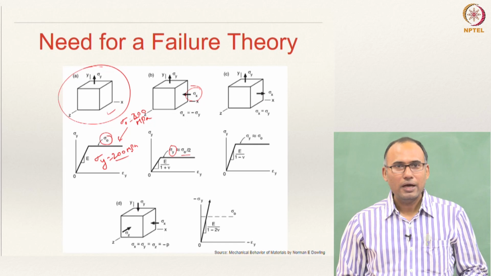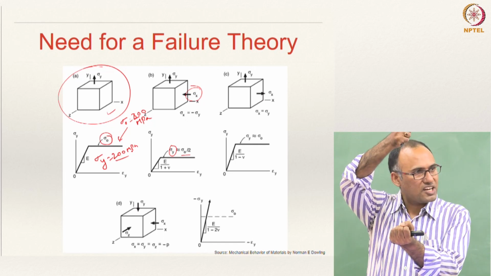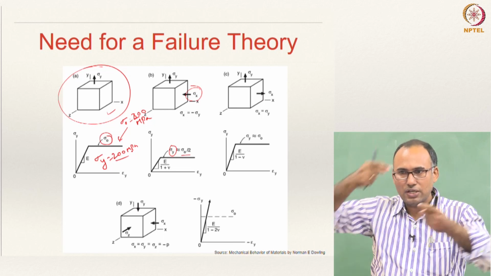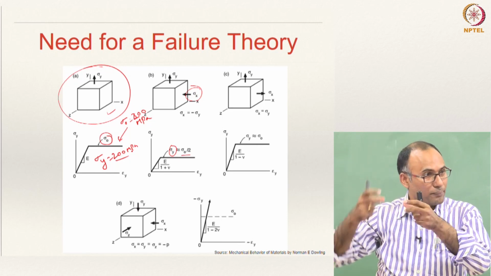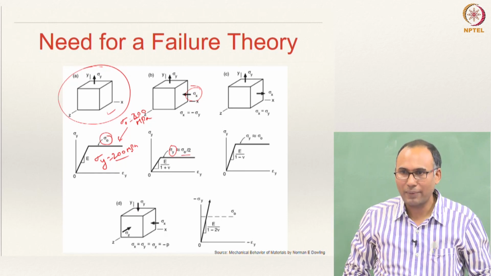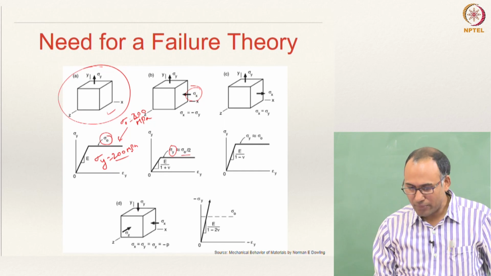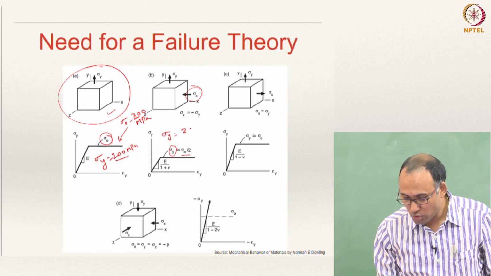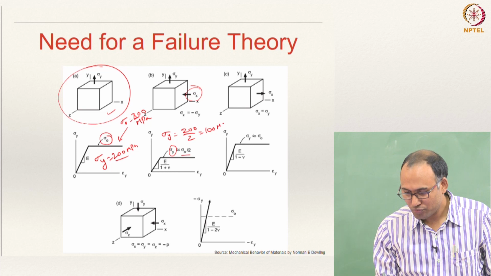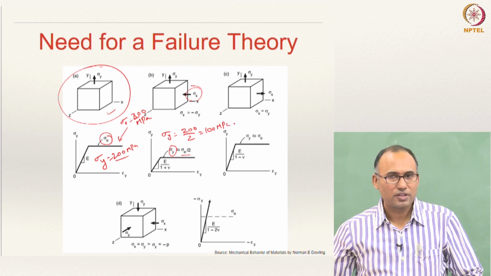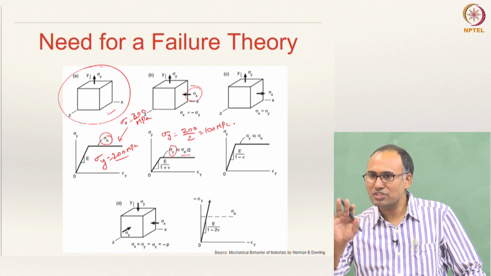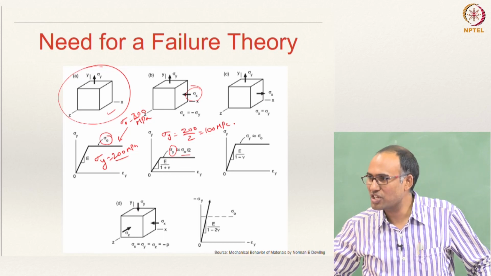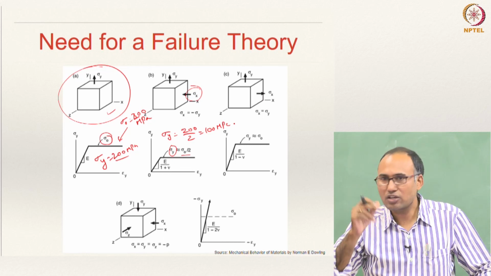Here, I am applying sigma y in this direction and sigma x in this direction, but this is tensile in nature and this is compressive in nature, but the values are the same, sigma y equal to sigma x magnitude wise. Then what I observe is that the yielding starts when sigma y equal to 200 by 2, that is 100 MPa. It is not giving you the same. So, you actually do not need to apply as much stress as in the case of uniaxial tension, only half of it will cause yielding.